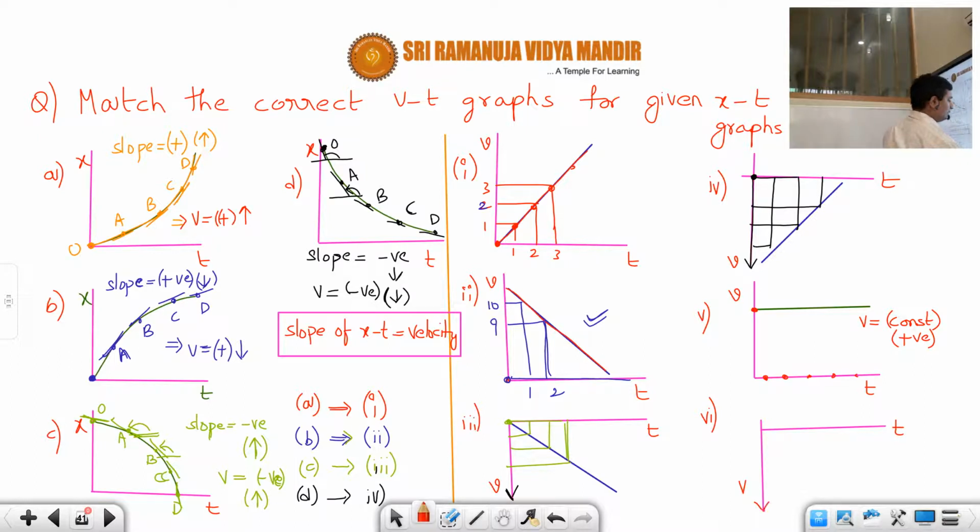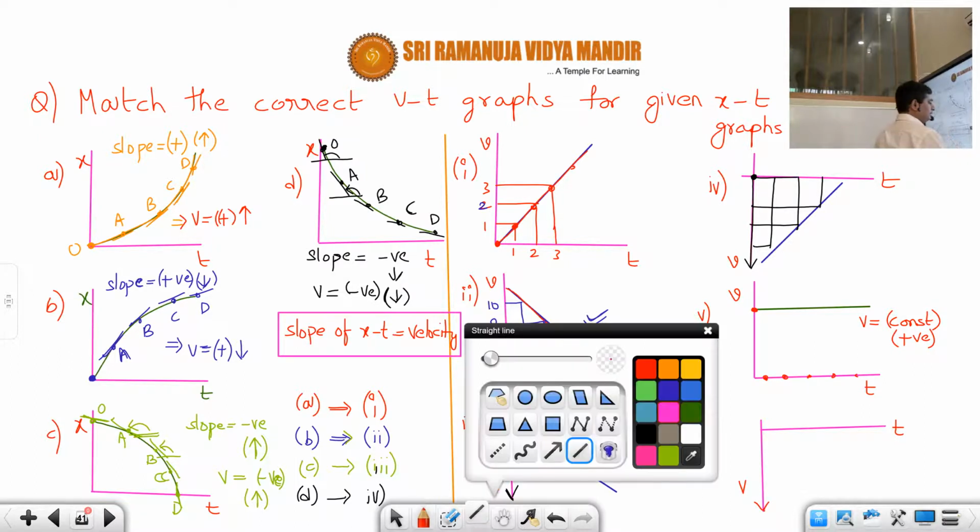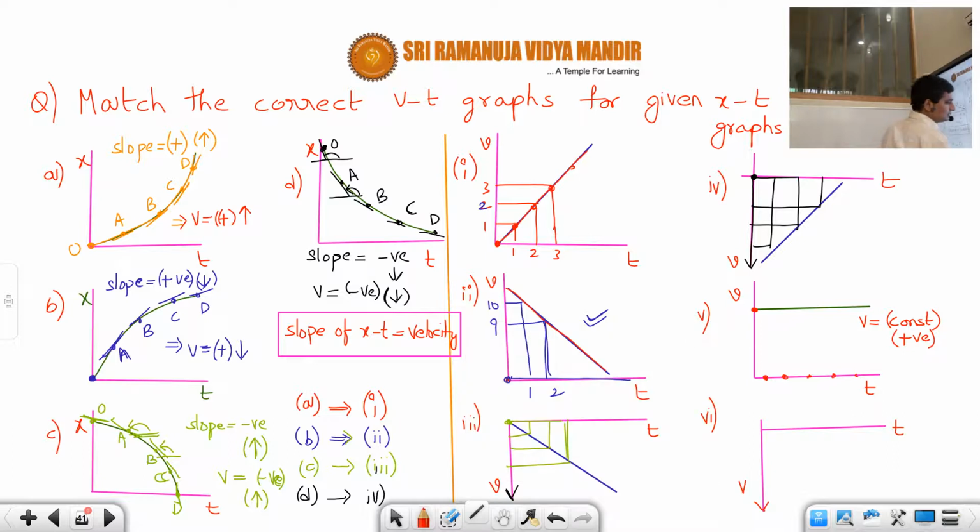Now we can also draw it as VT graph as like this. Now here also velocity is constant only, correct or not, students? But negative, that means it is going towards left side. So here also as time passes, the velocity remains constant. So that means uniform motion. Okay, students. So now you may have doubt that, sir, how to draw the xt graph for these VT graphs?